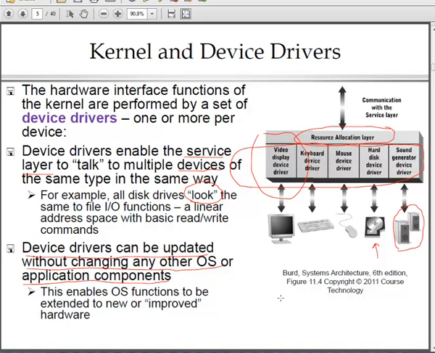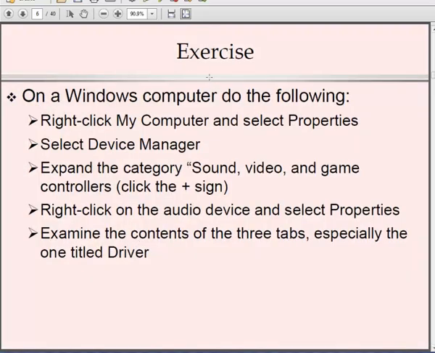Most cases we like our devices to live a little longer, maybe not cell phones, but certainly desktop computers and servers and things like that. We'd like them to live across a generation or two of hardware, and this device driver approach is one way of enabling that. All right, so going to the last slide, there's a very quick exercise here concerning these device